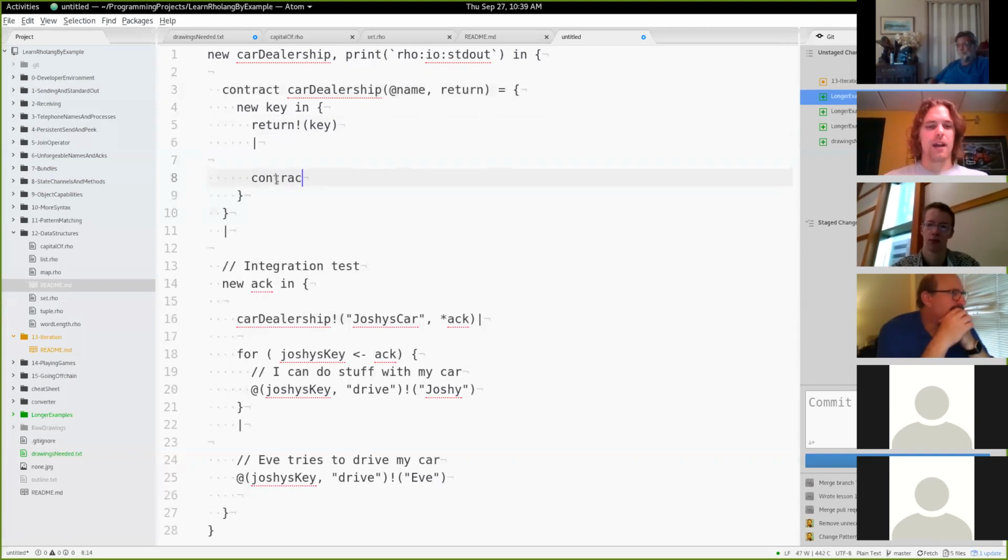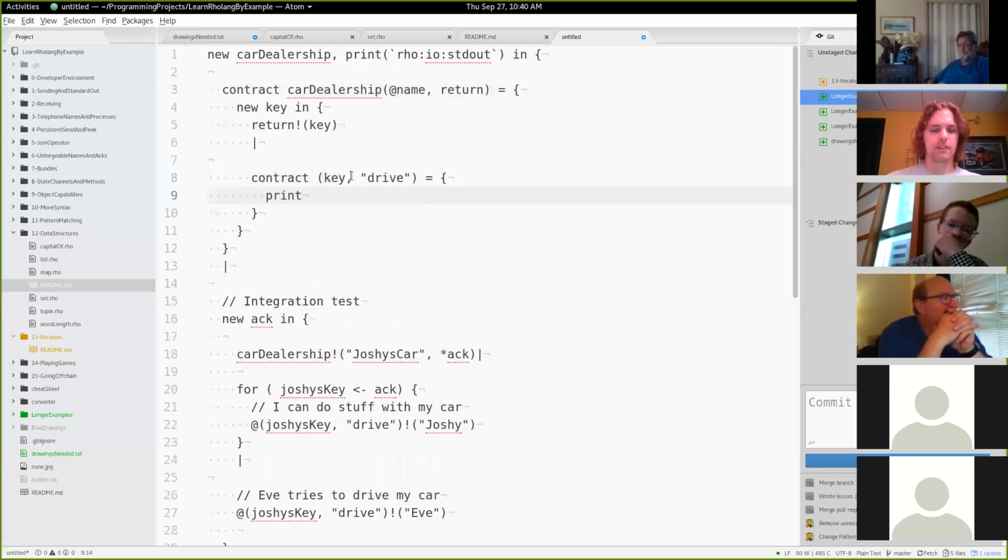So now I want to build this contract, and this is going to be a compound contract. I'm going to listen on the key. If someone uses this particular key and says they want to drive, then here's how driving works. Print. Oh, and I said that this is supposed to take in a driver's name. So you call up this contract with the key to the car and what you want to do, and then you say who you are. And so here's what I'll do now. Driver is driving